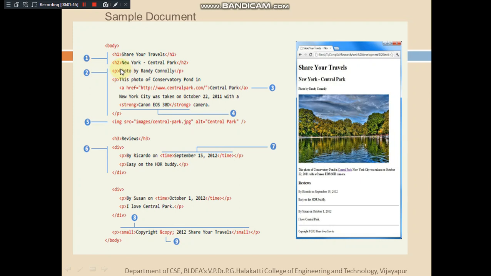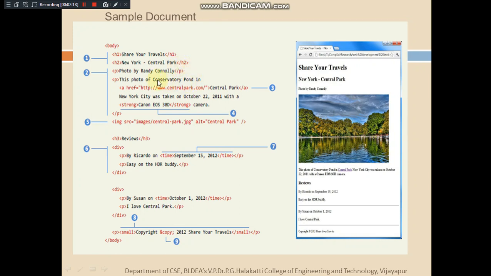The second element that we are going to look at here is P, which stands for the paragraph element. The way to use it is: this is the opening tag of the paragraph. Write the content of the paragraph that you want to include, and if you want to end the paragraph, just mention a paragraph tag beginning with the front slash, indicating the end of the paragraph. This tag we call a closing tag. Most of the elements in HTML appear in a pair, that is, with an opening and a closing tag.